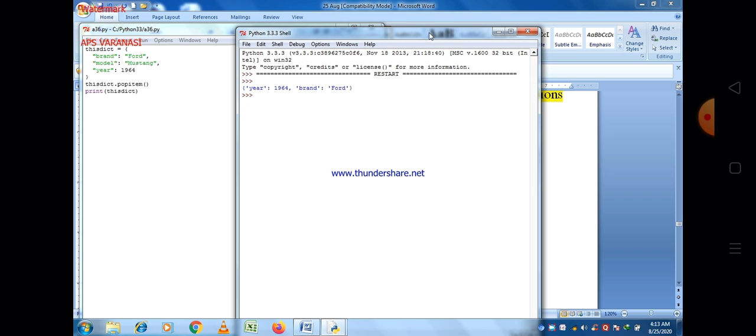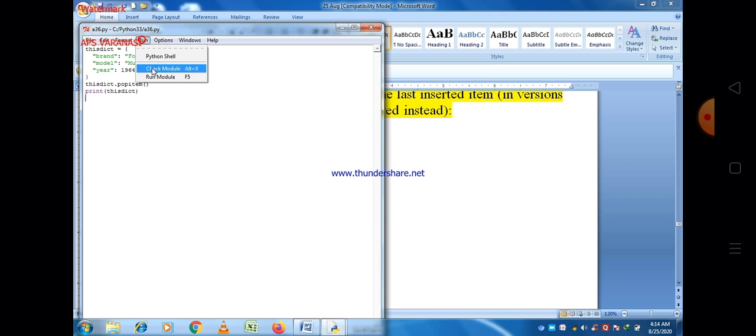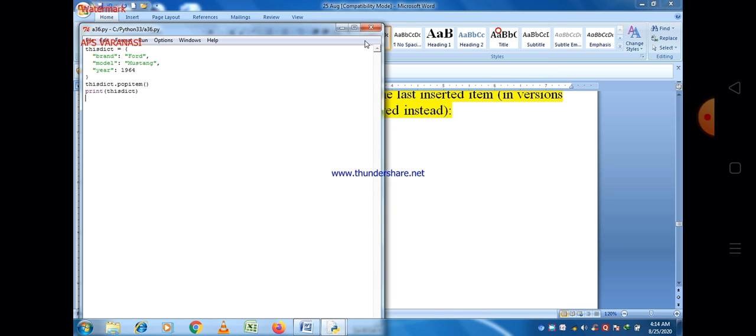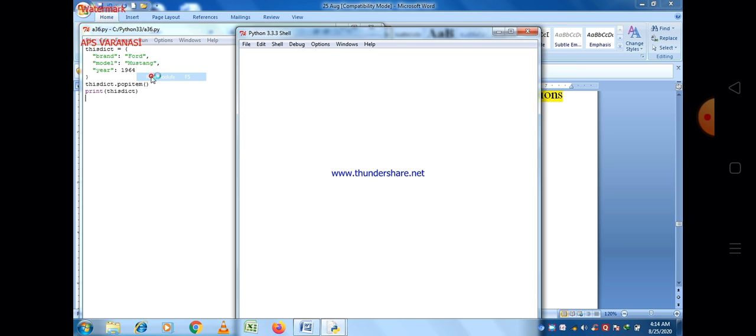Okay, now if we execute this program again, let us see what happens. Now model is there, brand is there, but year is not there. It means it randomly picks an item, and this time the data item related to year is deleted. Let us execute this program again.